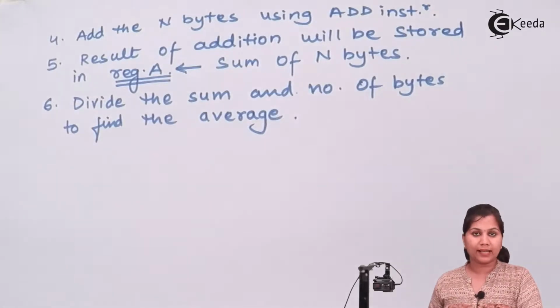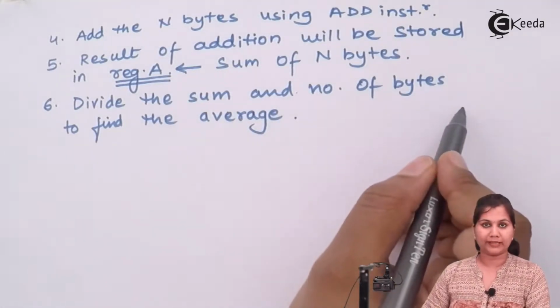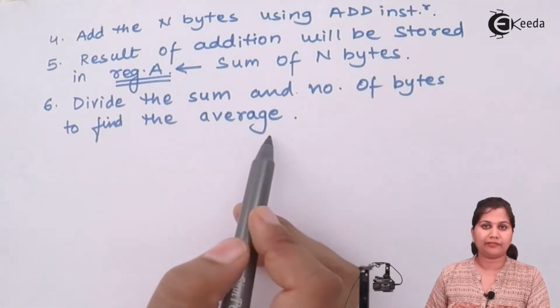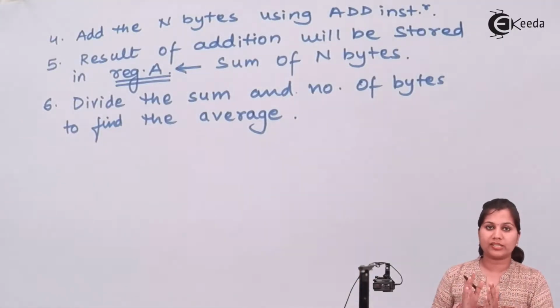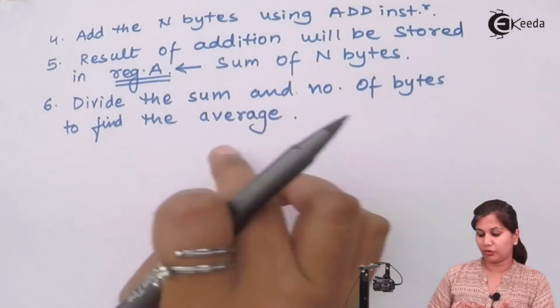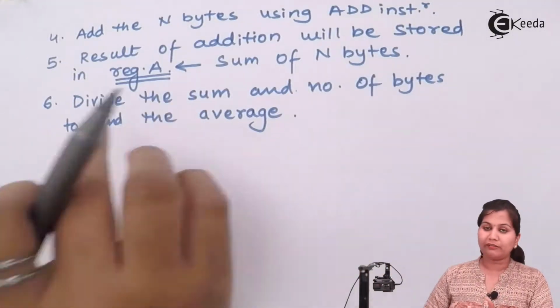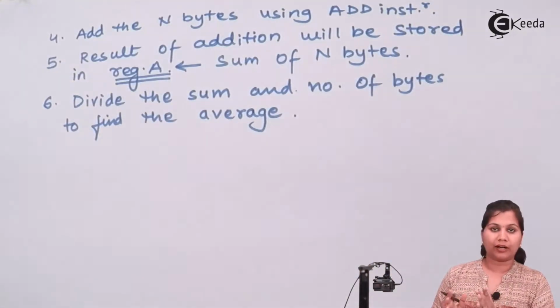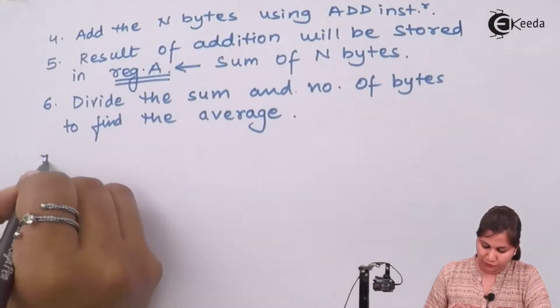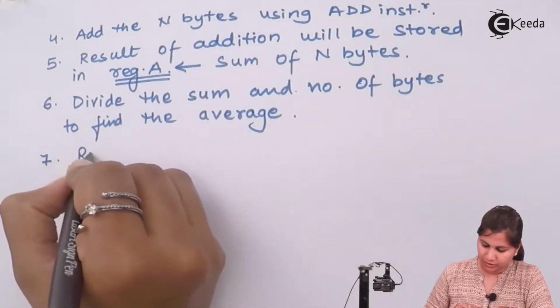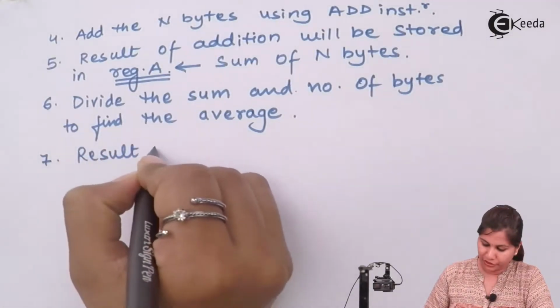So divide this sum by the number of bytes and then find the average. Because we have got both the values, just division is to be done and we get the average. Now when we divide two numbers, one is our result and we also have the remainder generated. So we will use the result of division,